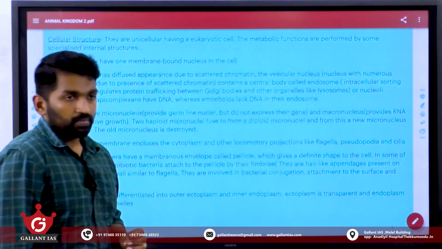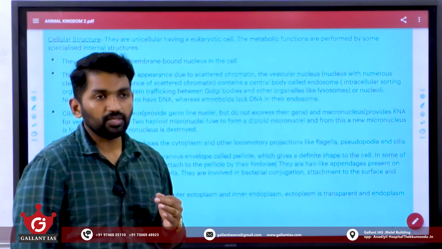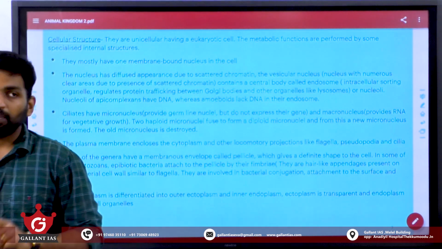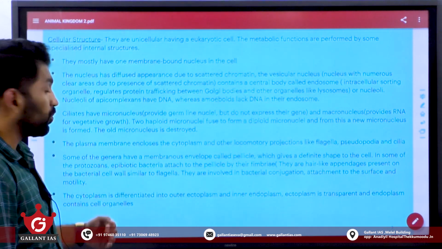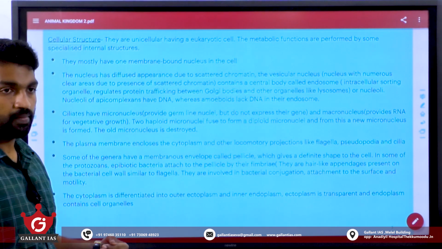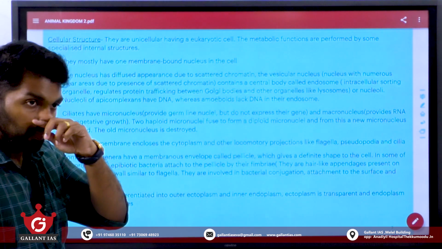Now, ciliates have micronucleus. So when it comes to ciliates, generally we must have heard each organism has one nucleus. But ciliates, a class under protozoa, DNA